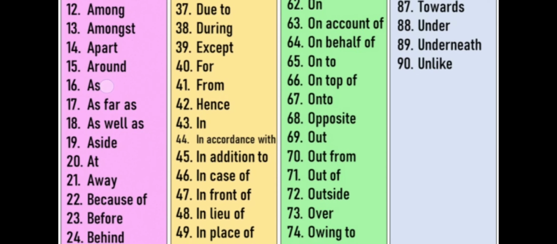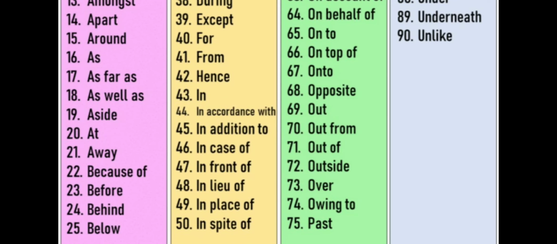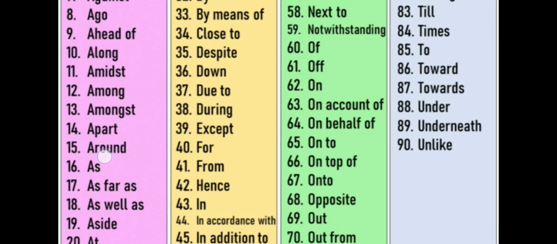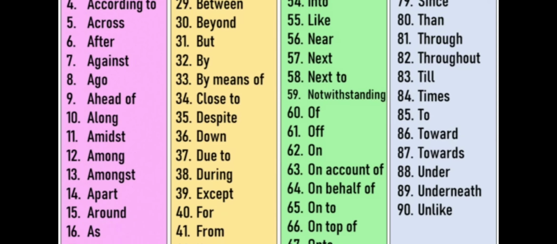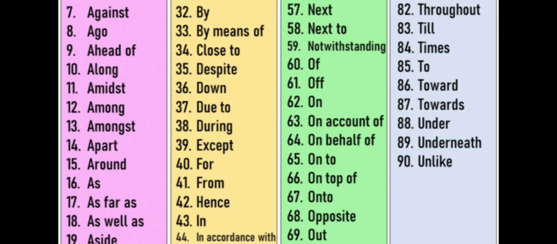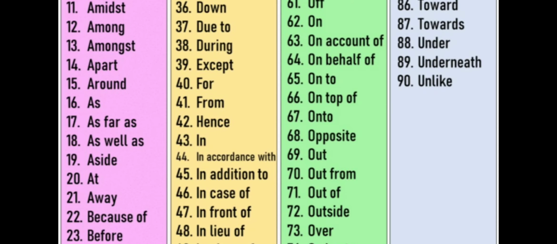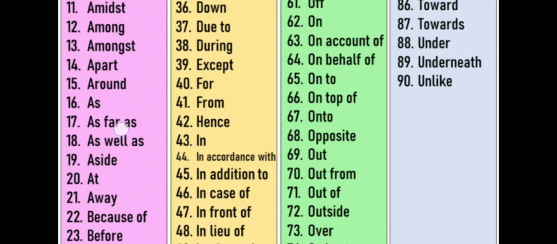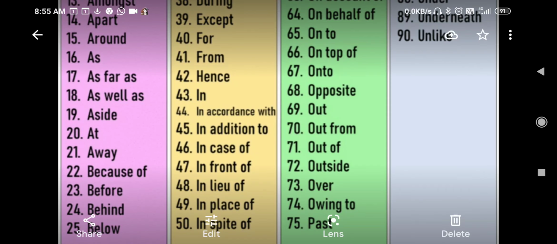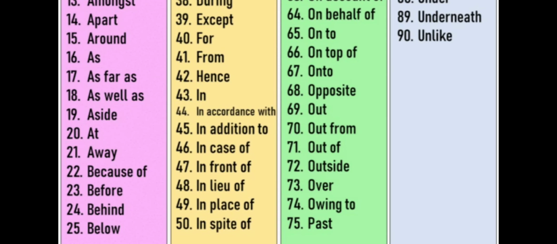in accordance with, in addition to, in case of, in front of, in lieu of, in place of, in spite of। ये आपको याद रखने हैं। Into, inside, instead of, like, near, next to, notwithstanding, of, on account of, on behalf of, on top of, onto। यहाँ ये आपको ख्याल रखना है, जब भी onto होगा ये इकट्ठे लिखना होता है। Opposite, out, out from, out of, outside, इसी तरह ये outside से भी इकट्ठे लिखना होता है। Over, owing to, past,